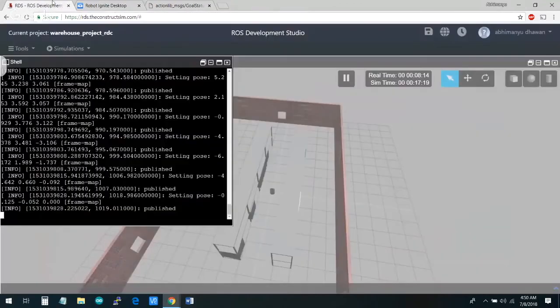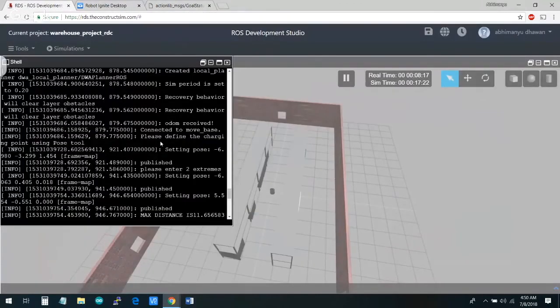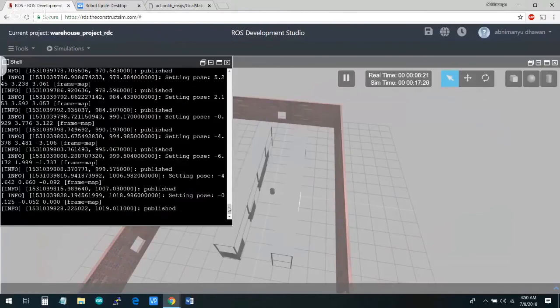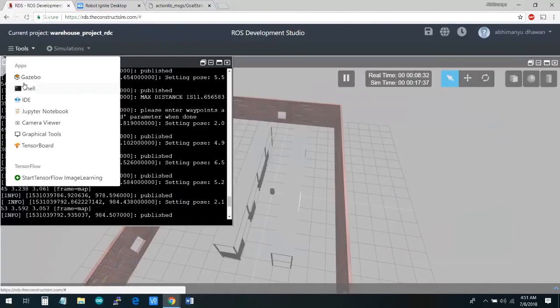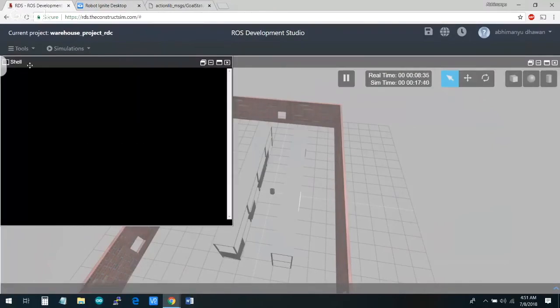And the last thing that we need to do, if you see up here, is that you are asked to enter the waypoints and publish true on the waypoints added parameter when done. So we just need to do that and it should start its work. So we'll say rosparam set waypoints added true,